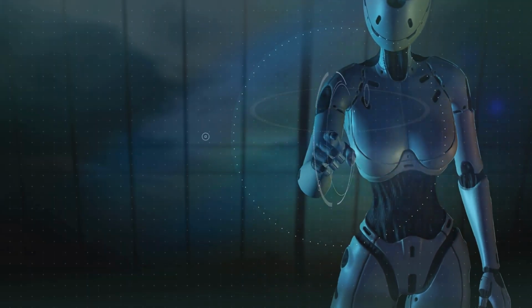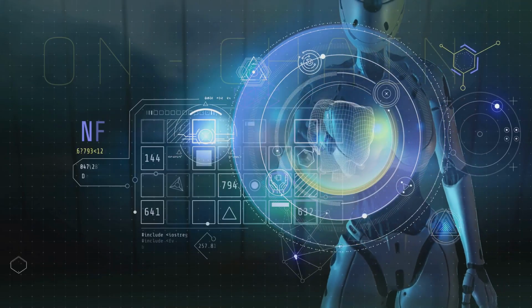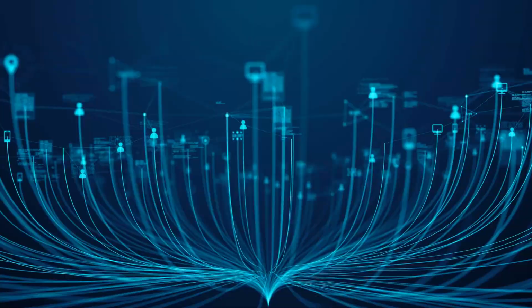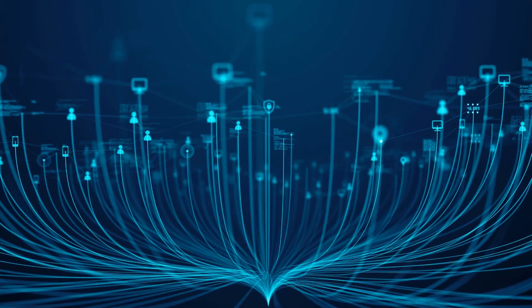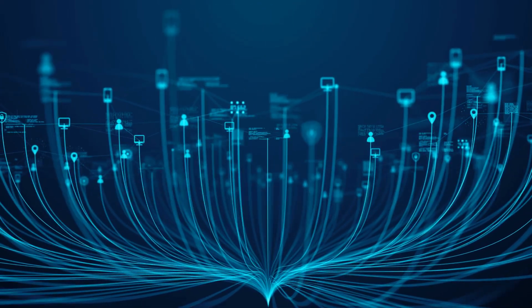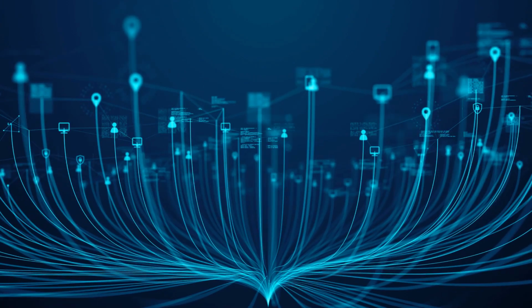smart contracts. The integration of smart contracts with other emerging technologies like artificial intelligence and the Internet of Things holds immense potential. Imagine IoT devices autonomously reporting data to smart contracts, which then trigger actions or payments based on AI-driven